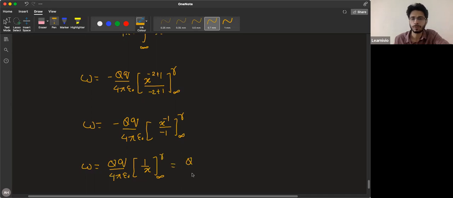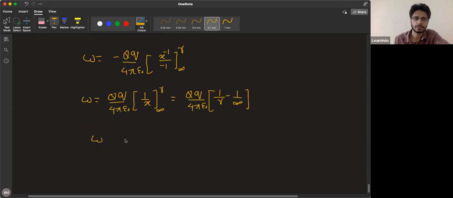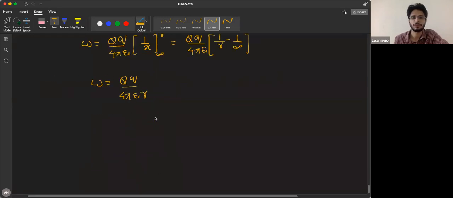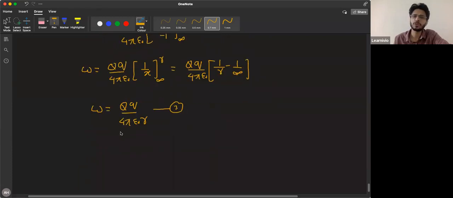So this is Qq over 4 pi epsilon naught, and we subtract: 1 by r minus 1 by infinity, and 1 by infinity is 0. So you can write that your work done is Qq over 4 pi epsilon naught r. That's equation number 3. So if you have the work done, that means you